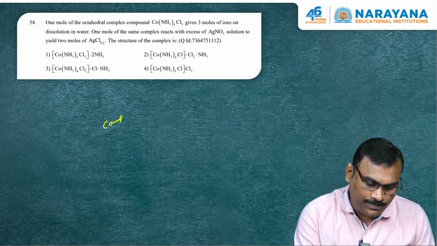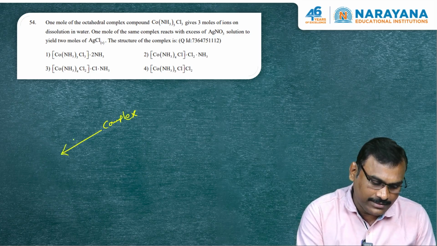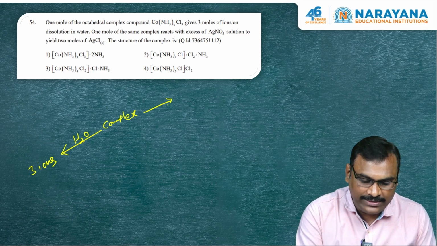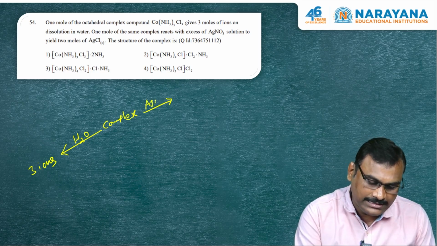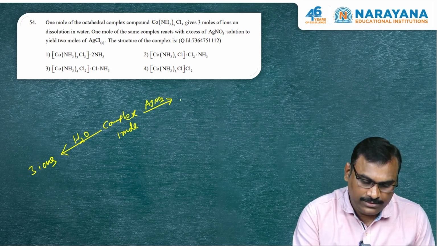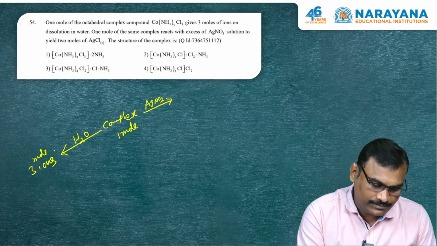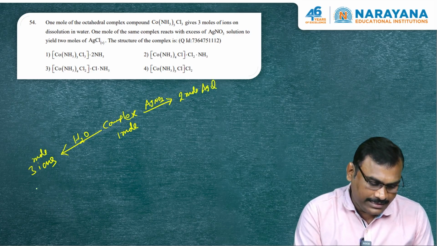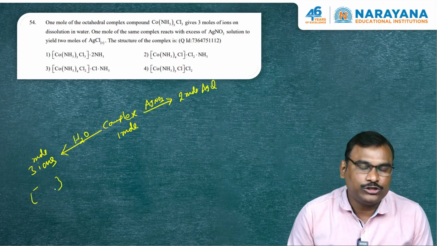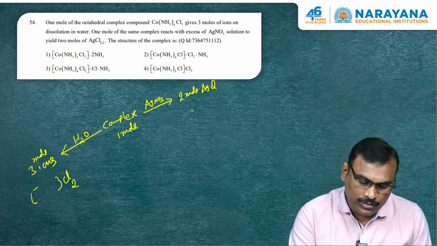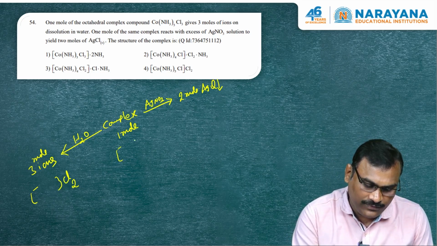That is, the complex when dissolved in water gives 3 ions, and on reaction with AgNO3, 1 mole of the complex gives 2 moles of AgCl. Here that means of the 3 ions, one should be the complex ion, the other two should be chloride ions. 2 moles of AgCl to be precipitated, therefore the complex should have 2 chlorines outside,